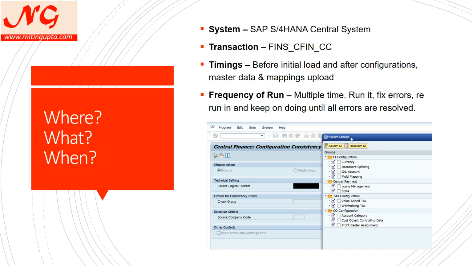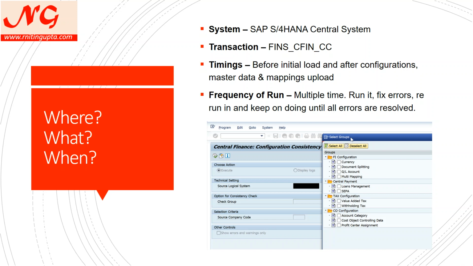And the last one is SEPA. It is the Single Euro Payments Area within the European region. It checks the consistency of SEPA activation between the source system and CFIN, whether SEPA is active on both sides for a particular company code. For example, if one company code is in the US, then SEPA is not active, and another company code is mapped to Europe where SEPA is active, then it will give you an error. So it also checks the SEPA assignment at company code level.